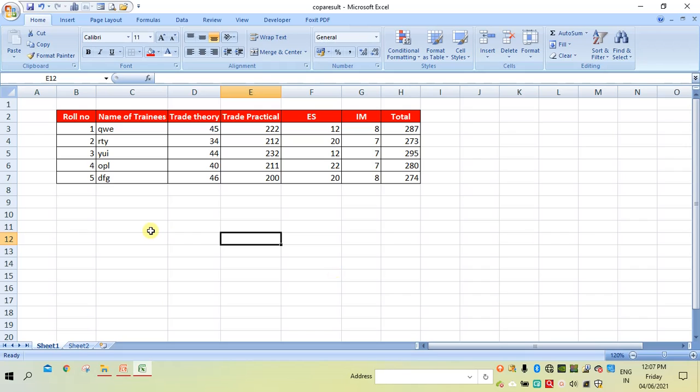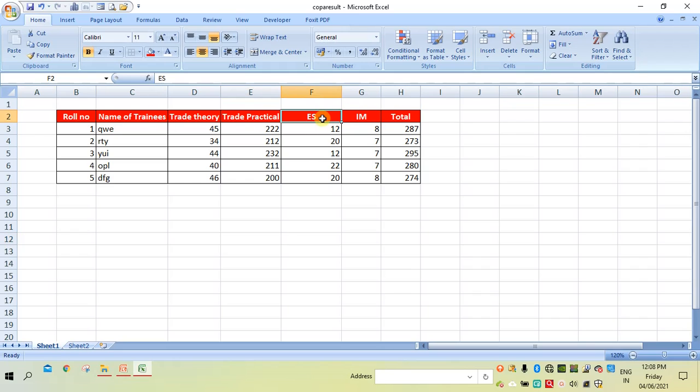Next is format painter. The format painter is used to apply the format option by selecting an already formatted cell. For example, if you want to apply this type of format to this entire total, then what to do? Select any one cell here which is formatted already.